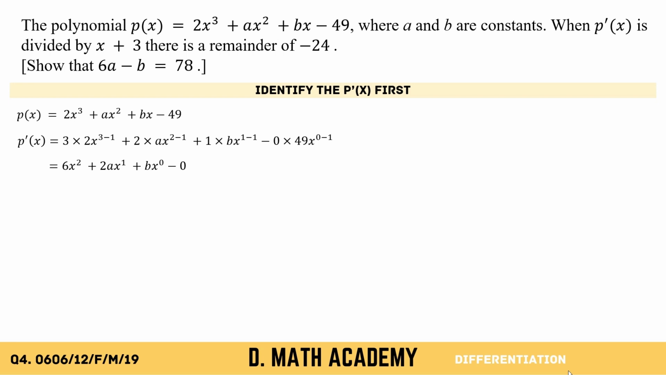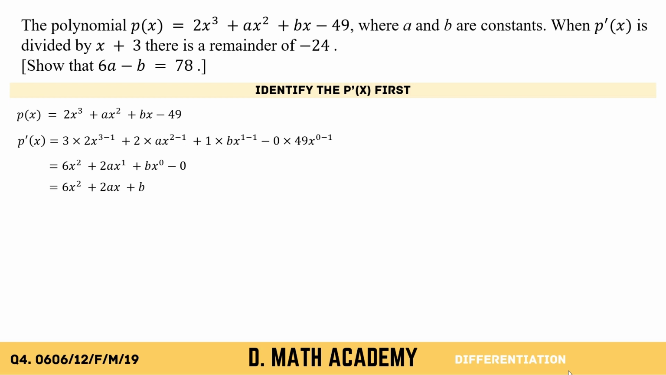So we have a balance of 6x squared plus 2a x to the power of 1 plus b x to the power of 0 minus 0. Adjust it, and you will get 6x squared plus 2ax plus b. If you are not familiar with this differentiation topic, I have linked a video at the right